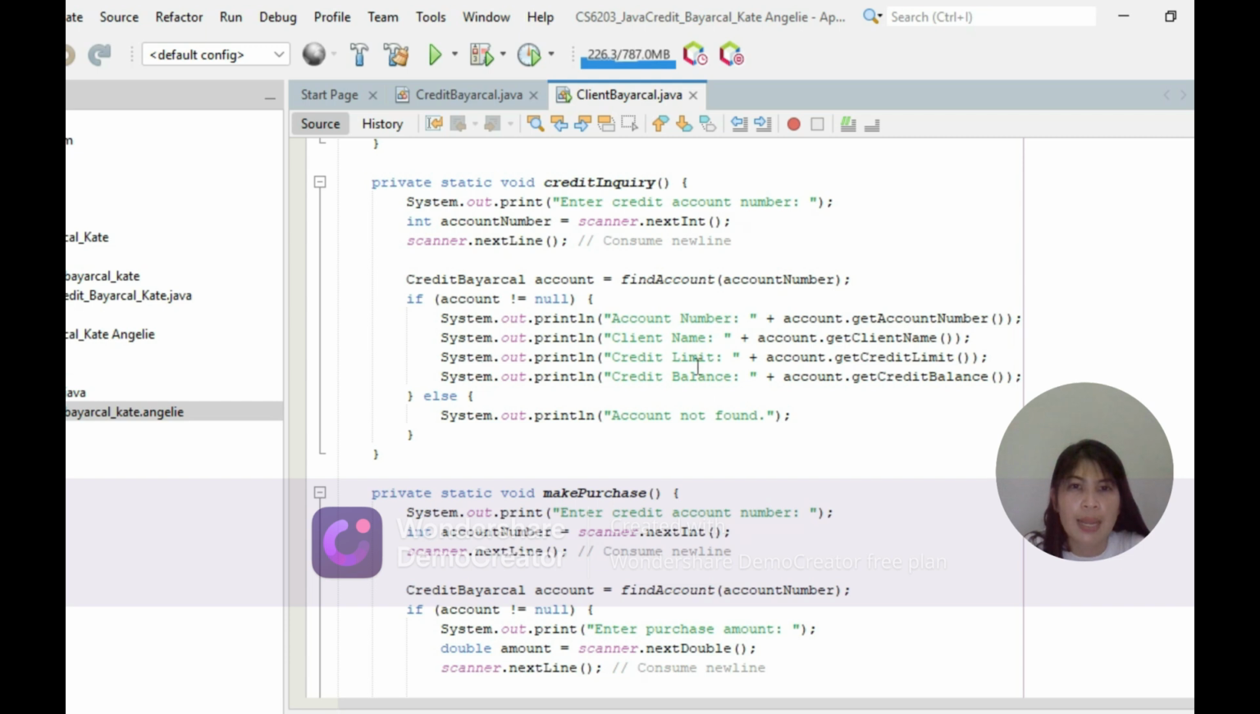Next is the client's name. So how to provide the client's name: the option will show the client name. So System.out.print("Client name: " + account.getClientName()); And then the credit limit. So to get the credit limit: System.out.print("Credit limit: " + account.getCreditLimit());